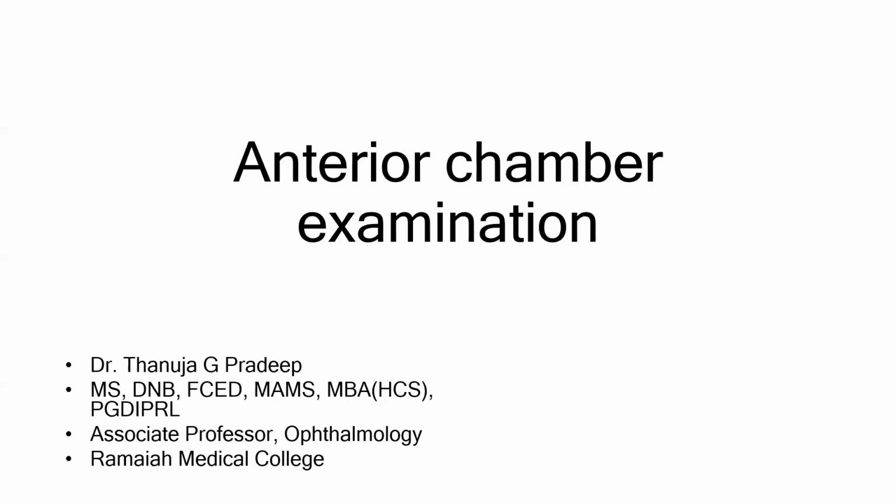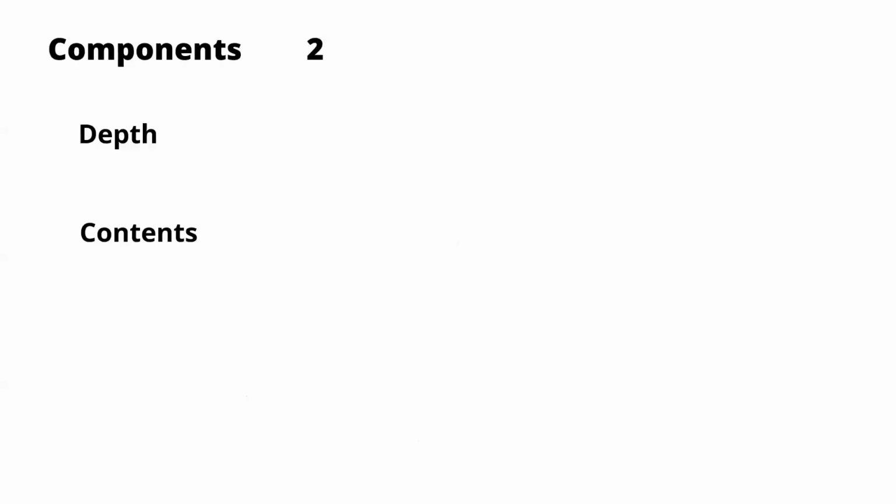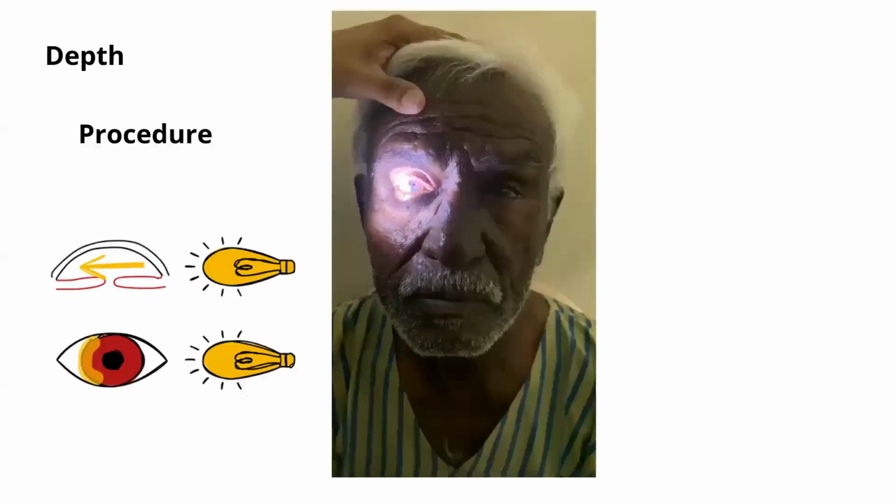Hello everybody. In this video, we'll learn about anterior chamber examination. There are two things that you will learn and you have to comment on in the anterior chamber. One is the depth and the second one is the contents. The depth of the anterior chamber, the cornea, is usually around 2.8 to 3.5 millimeter in the